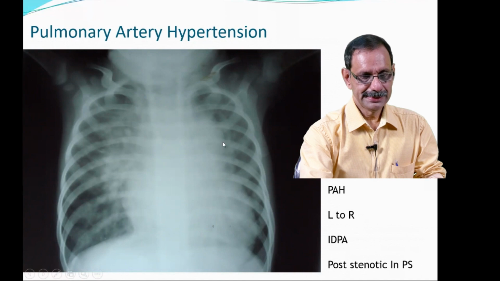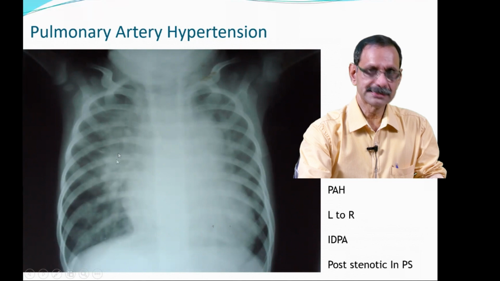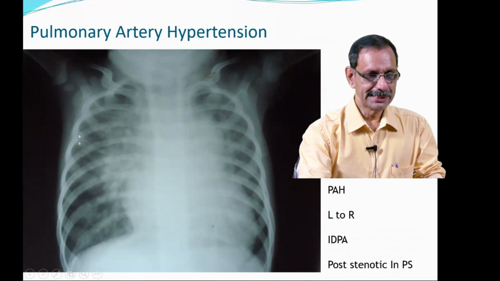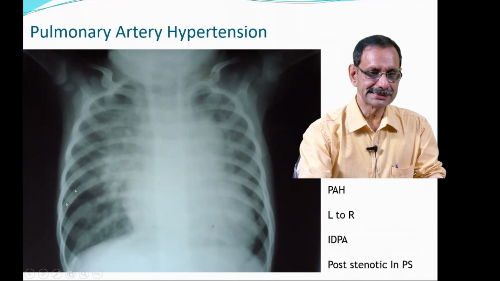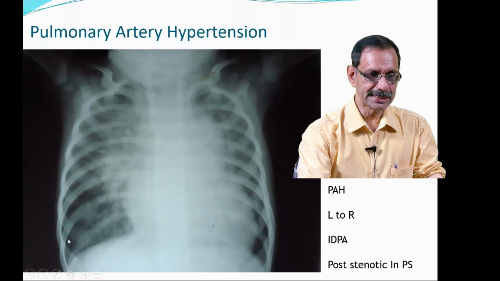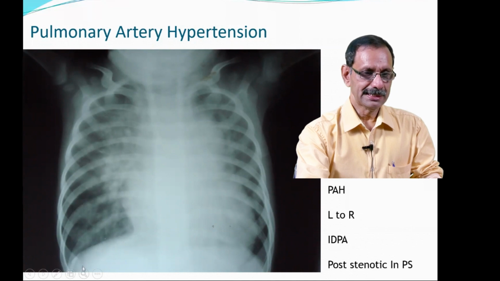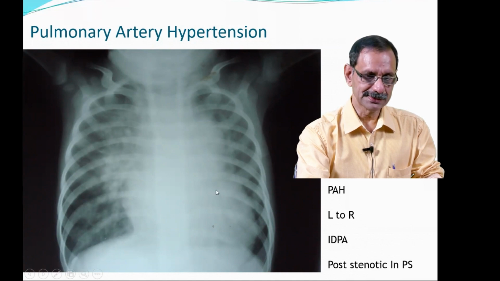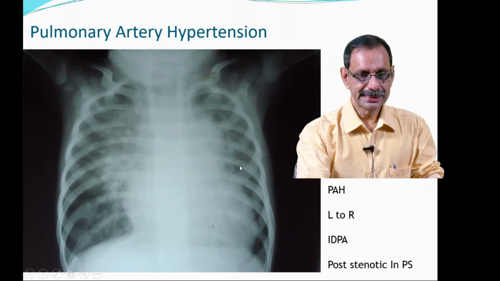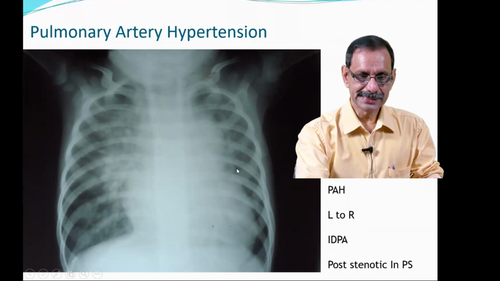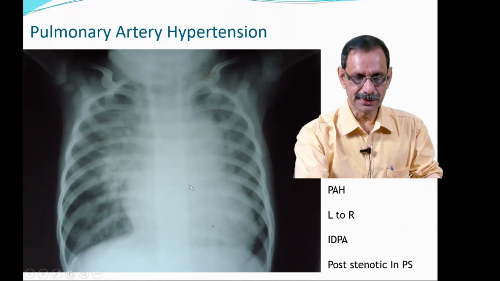Now here you can see a huge pulmonary artery, huge, and the medial third is full of shadows. So the pulmonary main vessels are all big. And compare the lateral part of this X-ray, that is as lucent as the apex, which means somebody having this much of vascular shadow here must have some shadow here also, which is not happening, which means there is a peripheral pruning. So this is pulmonary arterial hypertension, and if the child is cyanotic, then it could be Eisenmenger also.